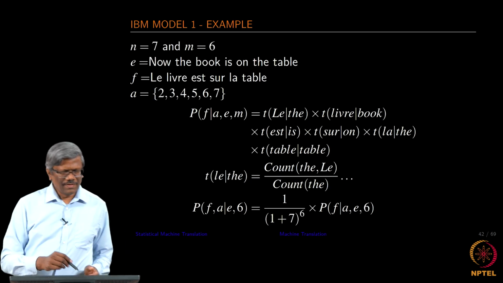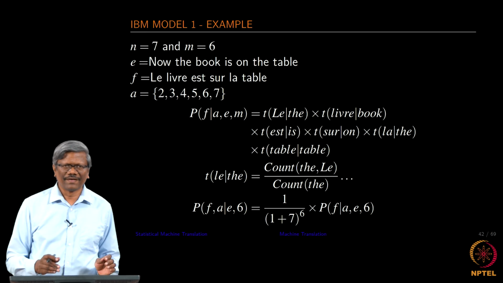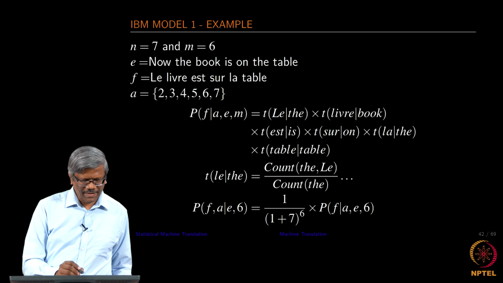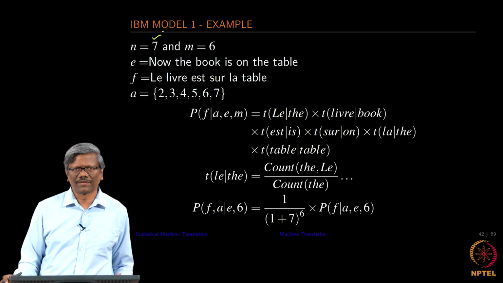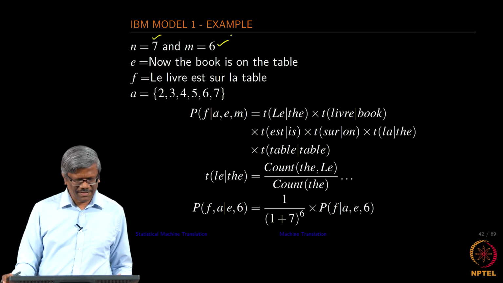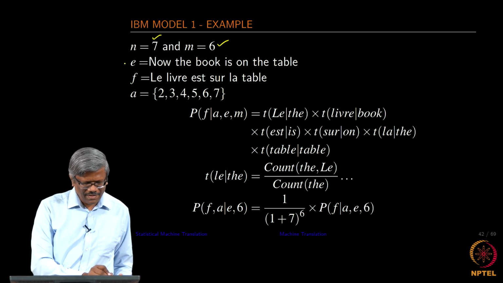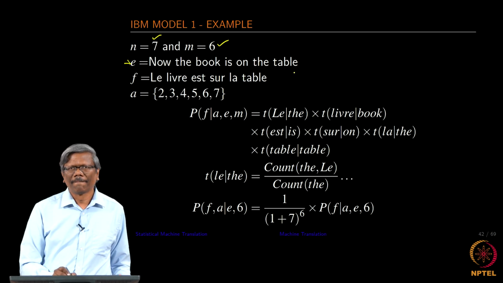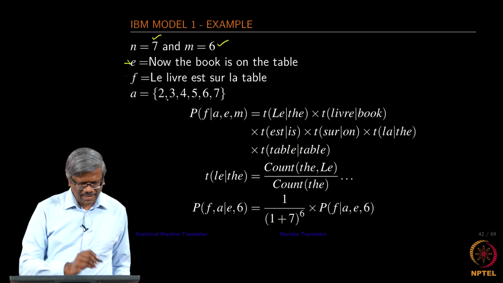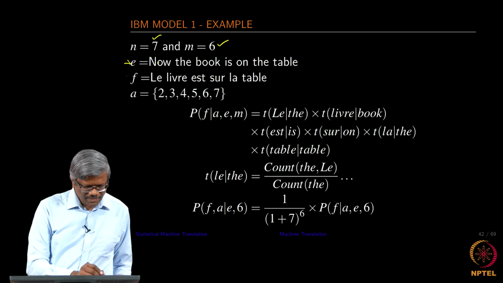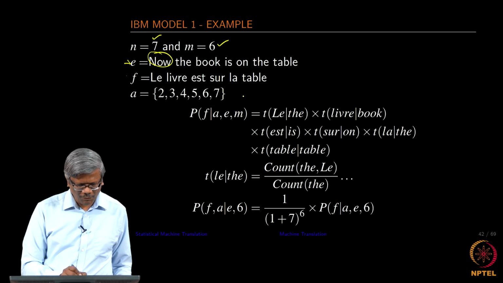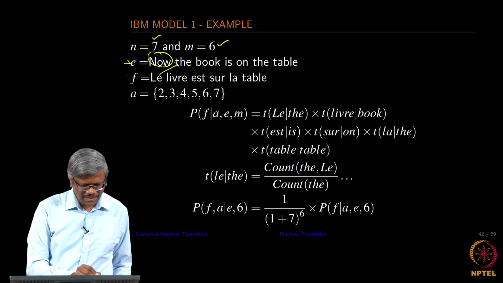Okay. So, let us take one small example and then see how we can compute it for one alignment. Okay. Let us assume that we have n equal to 7, that is the total number of words in the English sentence, and m equal to 6, the total number of words in the French sentence, and we have the English sentence here, right, and then we have the French sentence, and then the alignment, if you look at it, this is not aligned. In this case we have 2, 3, 4, 5, 6 and 7 is aligned to this,